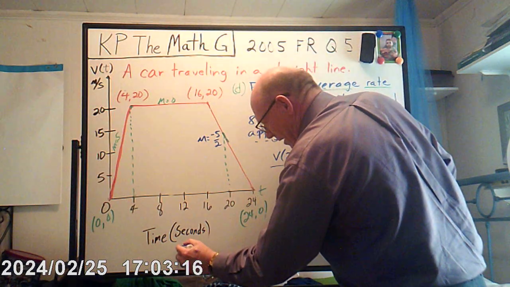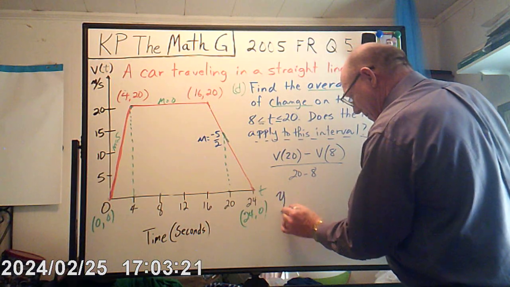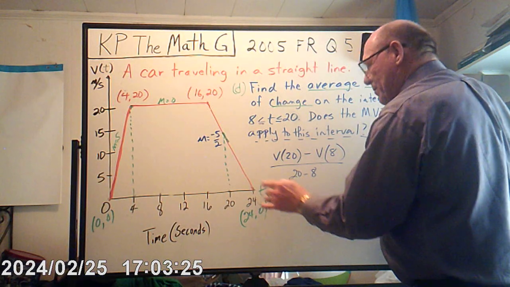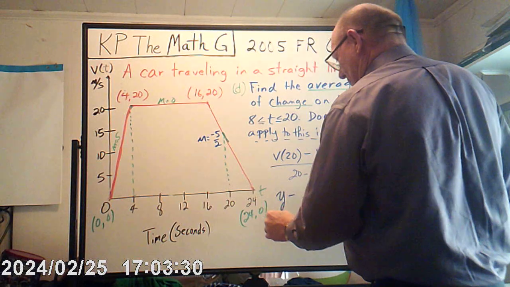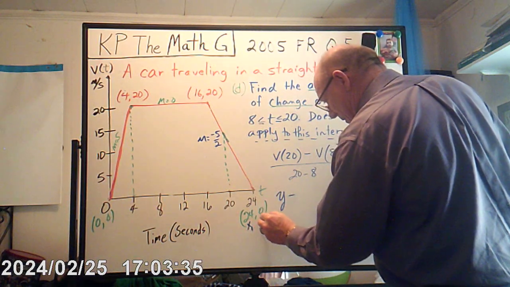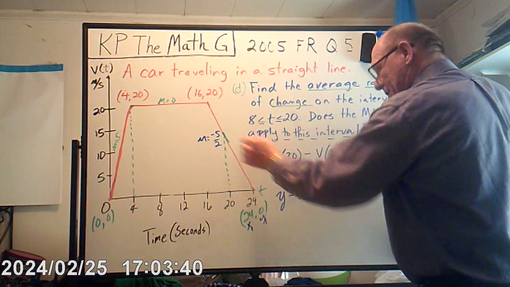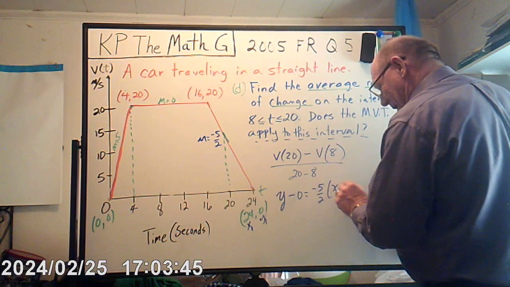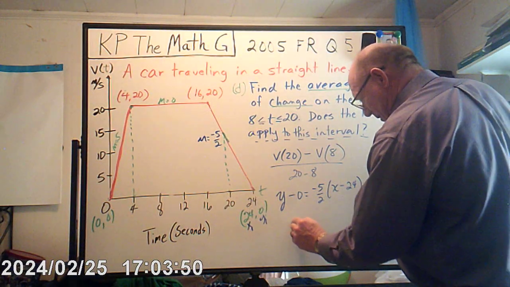So let's see, maybe I can put it right here, and I might just have to erase it. Y minus y1, which let's pick this, will be fine. Or this will be just as easy. Here's x1, this is y1. Y minus 0 is equal to the slope, which we found here, negative 5/2, times x minus x1, which is 24. And then, of course, this is just simply y,